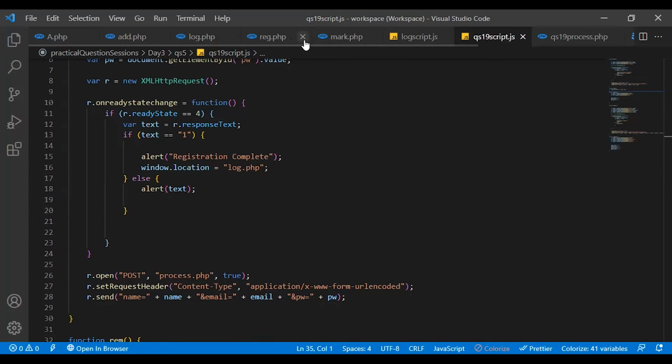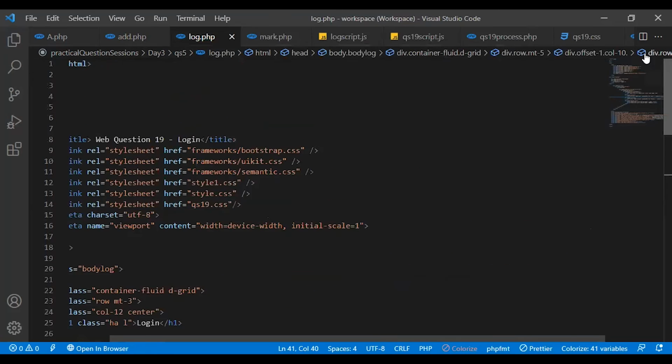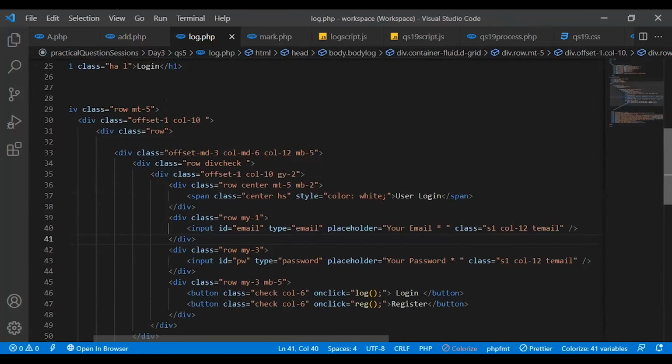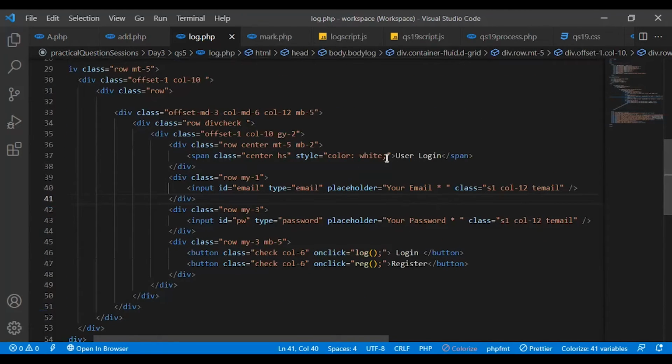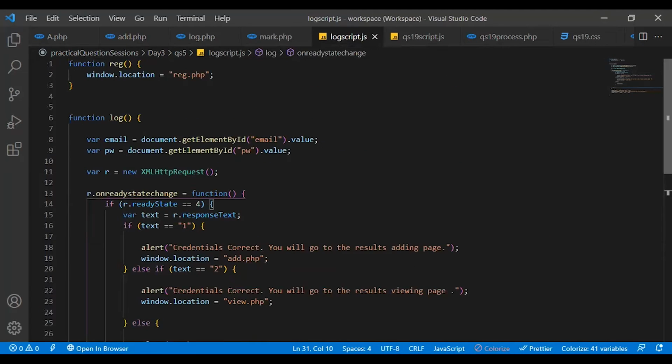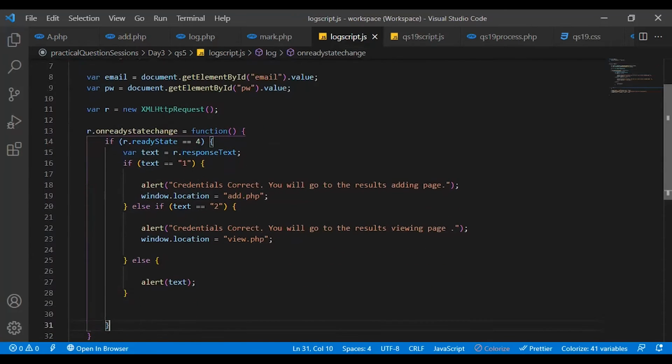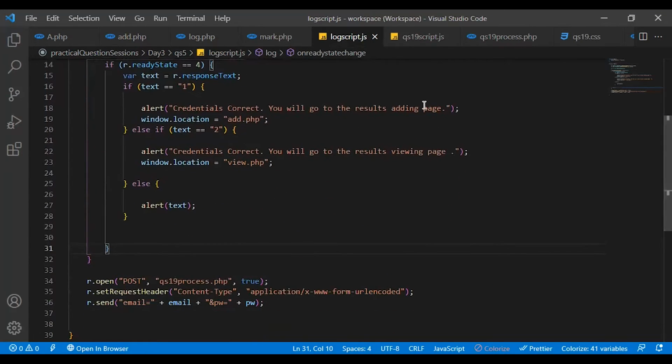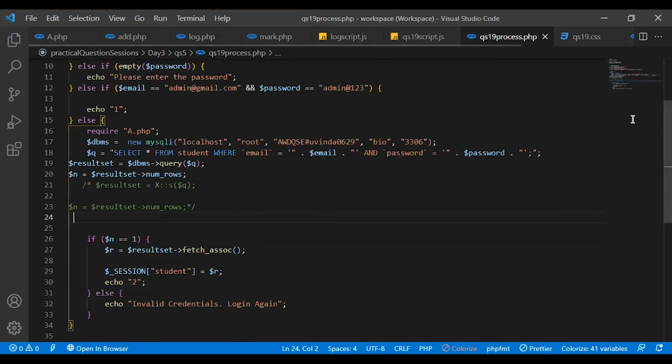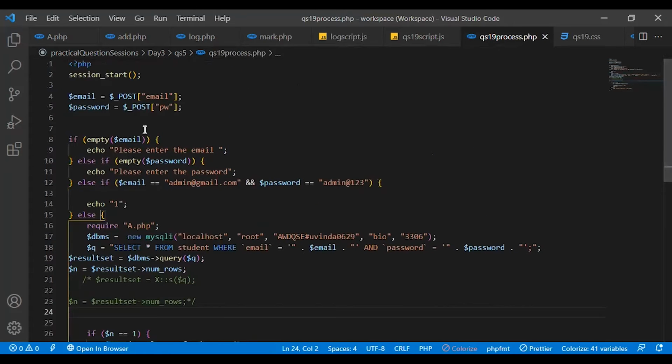So the login page is like this, and in here I have this log function for this login process. In this login function I have got the values which I have sent to the QS19 process PHP, and in it I have got these values, set those validations, and in an if condition I have got this email